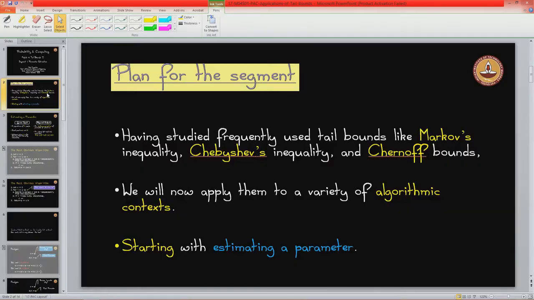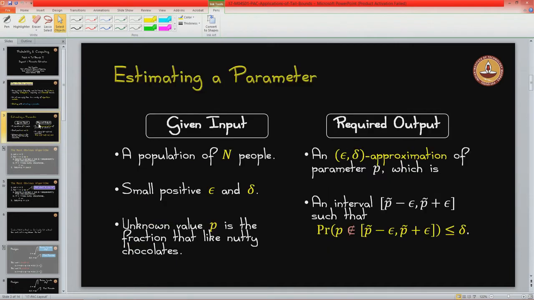The first one is estimating a parameter. So let me give ourselves some context. So we've looked at all of these inequalities. We want to look at the following problem. So what is given? You're given a population of n people. So think of the country like India or something like that. And you're given two small constants epsilon and delta, and you want to find the fraction of the people